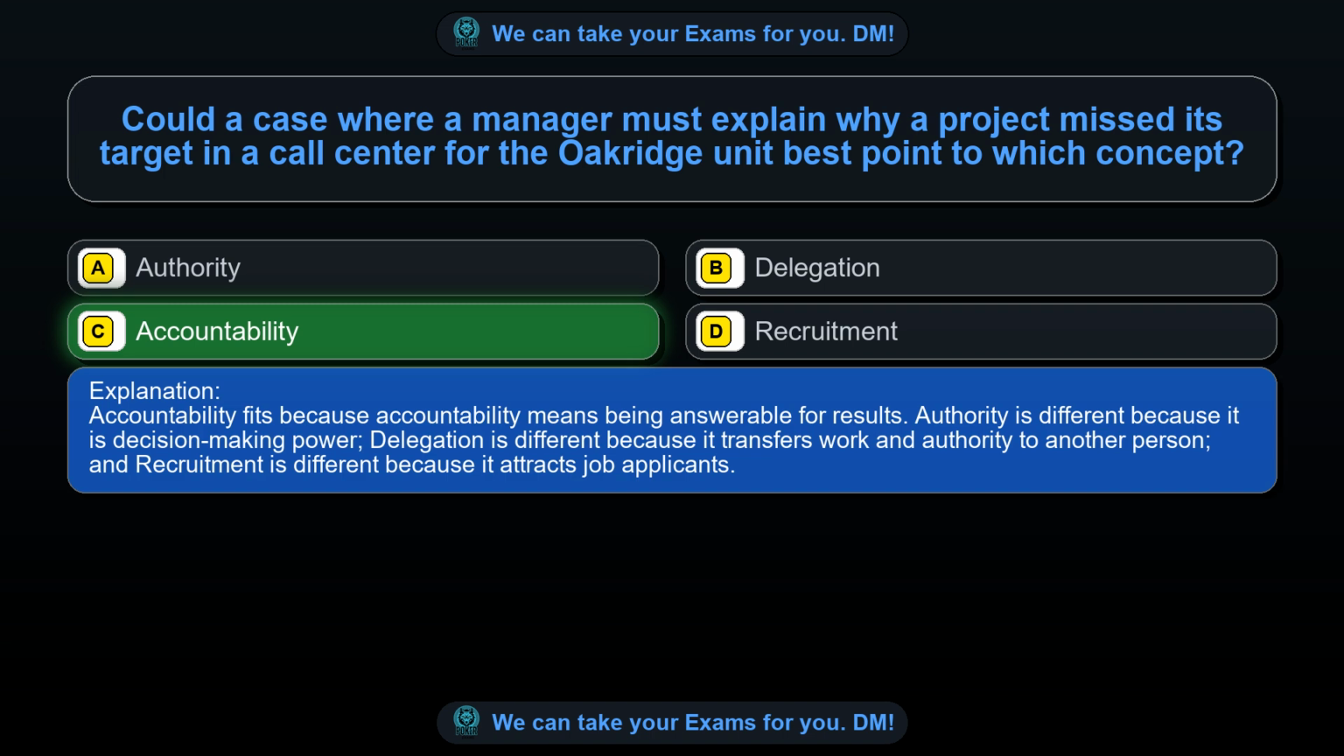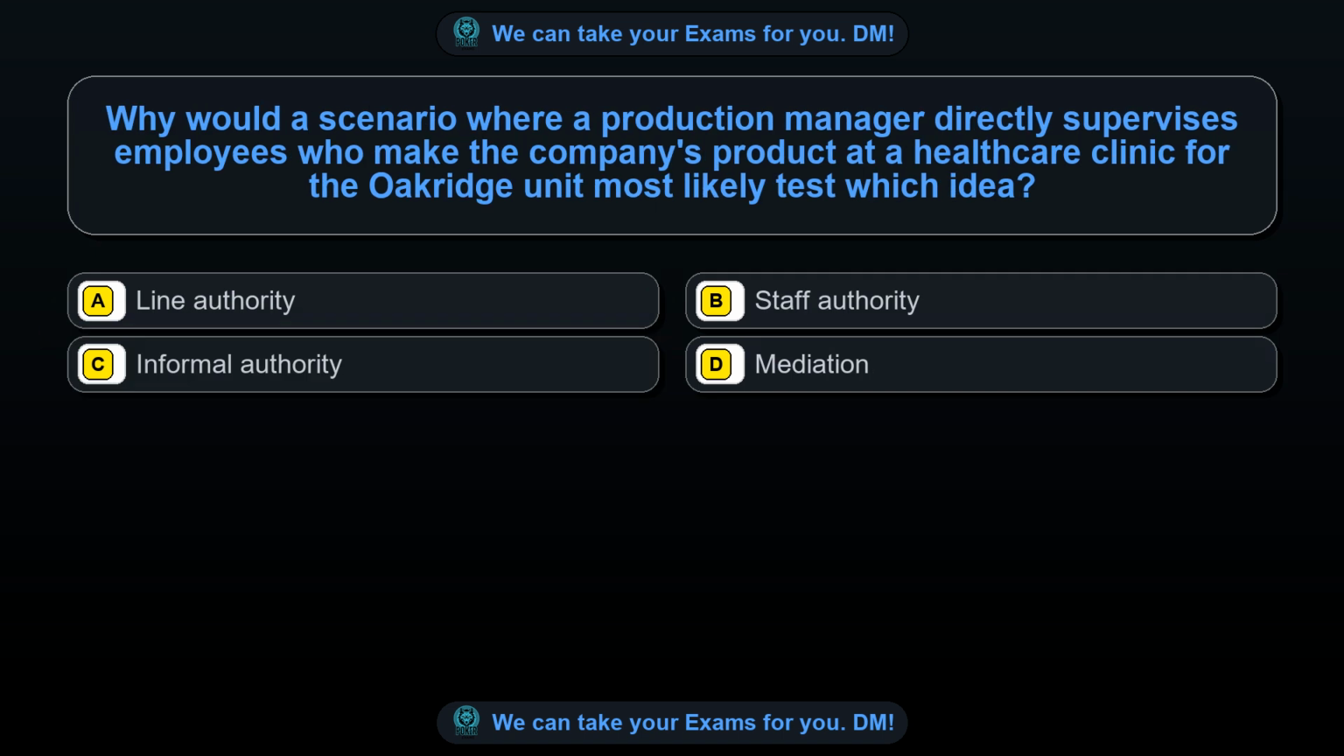Accountability fits because accountability means being answerable for results. Authority is different because it is decision-making power. Delegation is different because it transfers work and authority to another person, and recruitment is different because it attracts job applicants. Question 29. Why would a scenario where a production manager directly supervises employees who make the company's product at